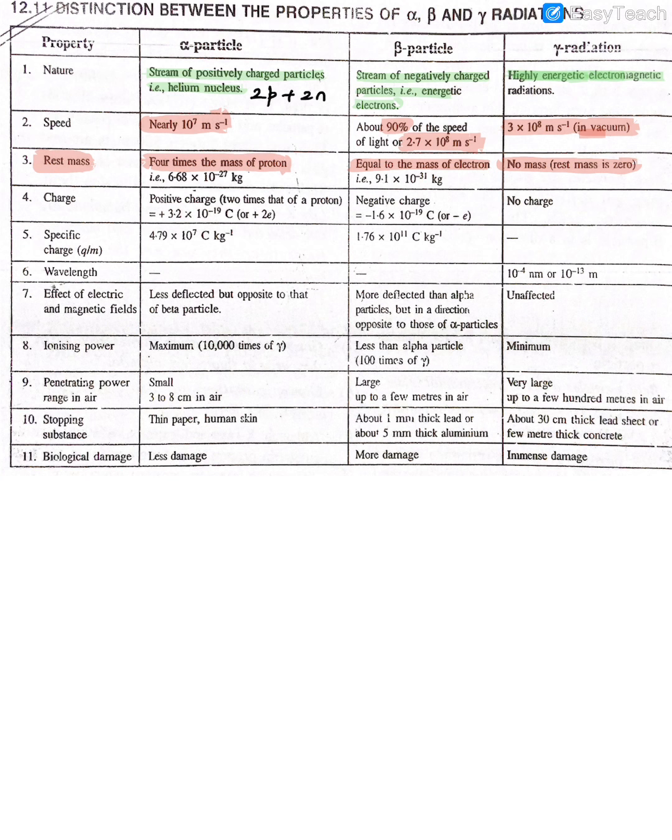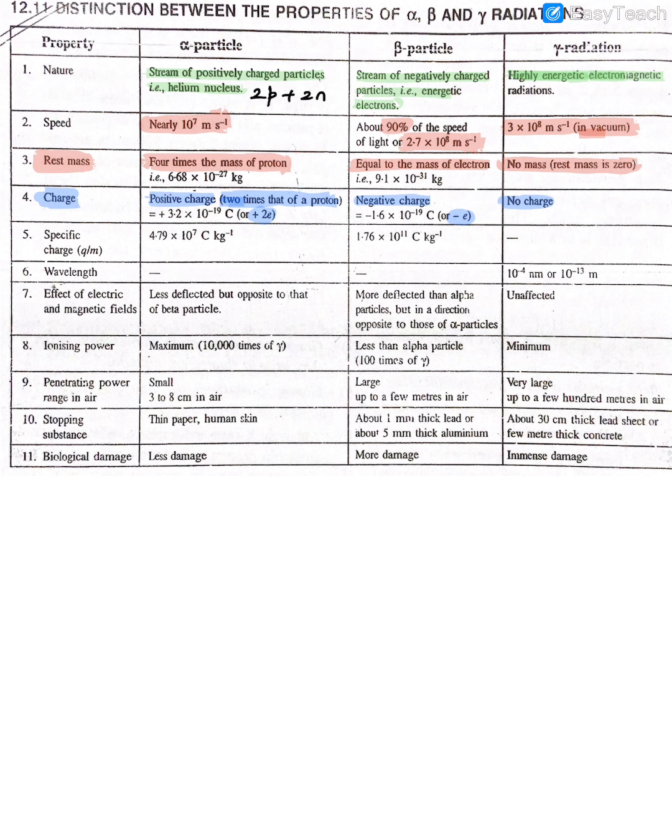Then about the charge, guys. Now what can we say about the charge? So this is obviously positive charge, but you can say it is 2 times a proton because it is 2 protons. Negative charge, just 1 electron. So we can say this is plus 2e, this is minus e, and again no charge.